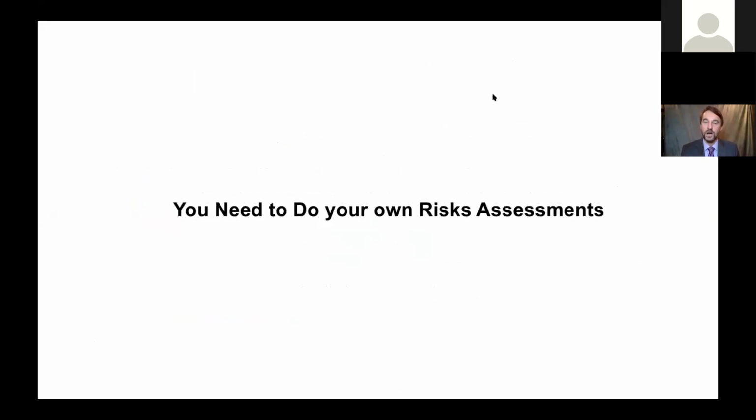Again, I want to emphasize, and Becky has mentioned this, you need to do your own risk assessments, and we do risk assessments every day because we're dealing with a viral pathogen that has no cure and no vaccine, and we provide supportive care to the patients that we treat. So in every situation you find yourself in throughout your shift in the hospital, you need to be continuously doing risk assessments.